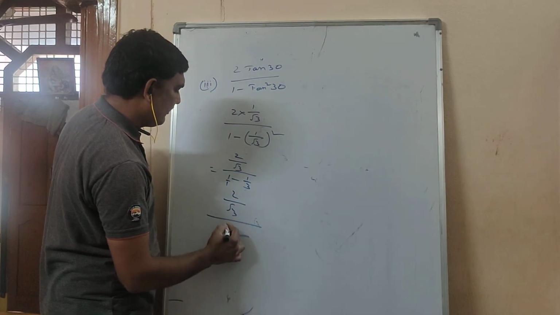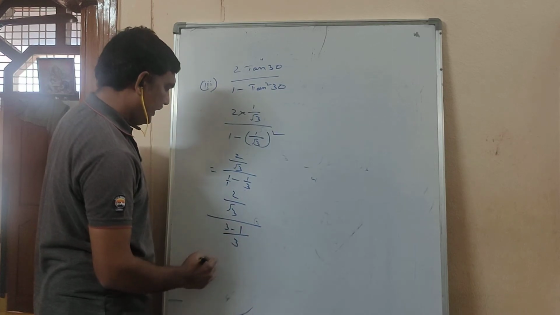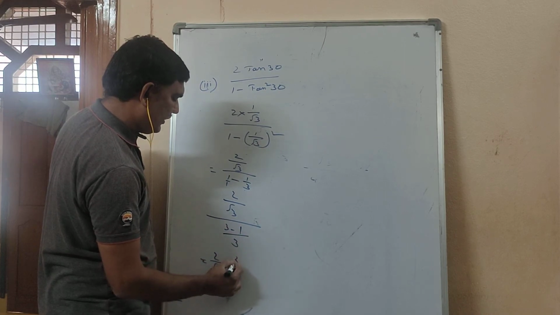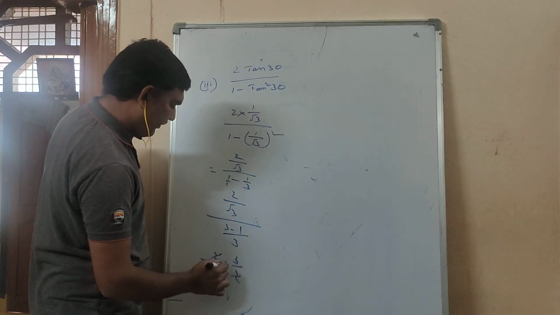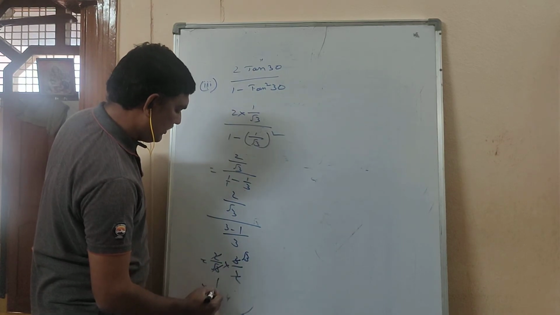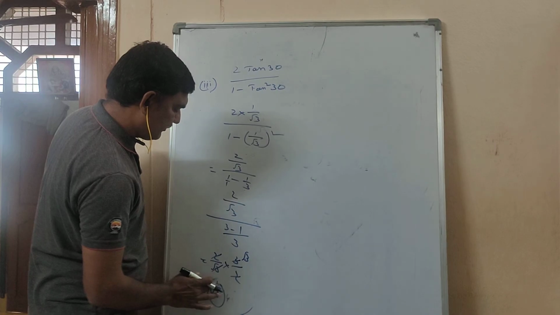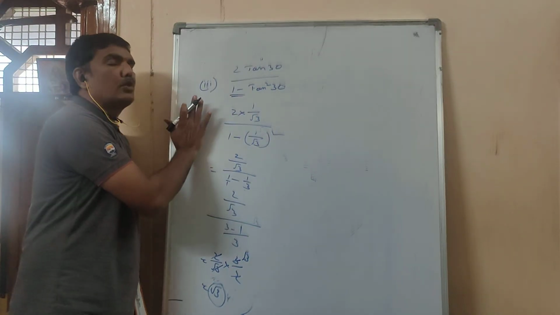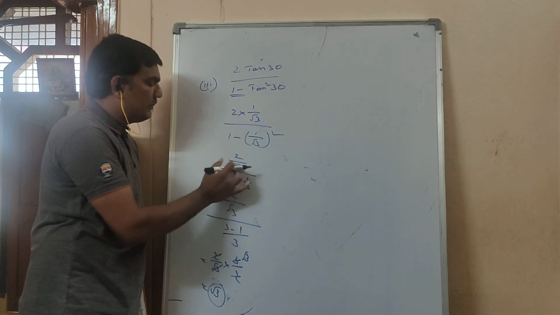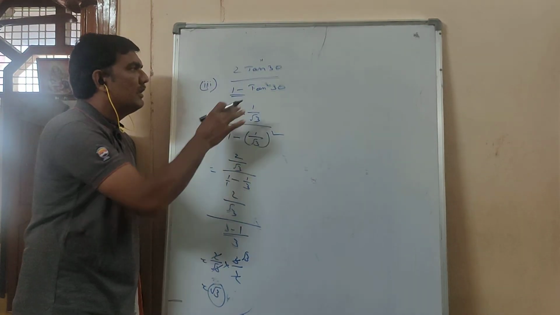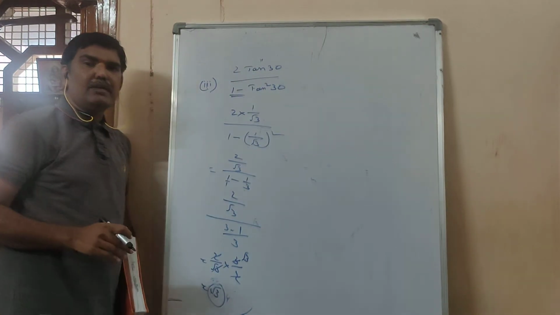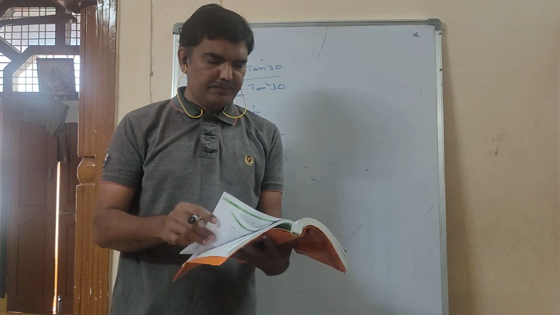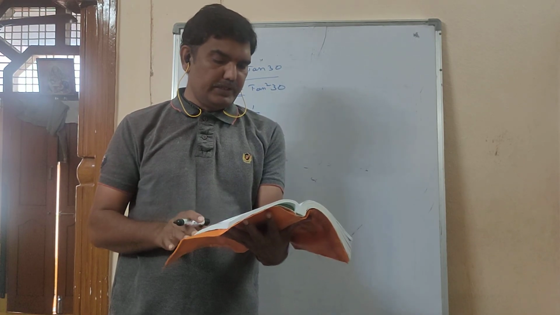If you take LCM here, 3 minus 1 by 3, and it becomes 2 by root 3 into, this is 2 by 3, if it is going here 3 by 2, 2 to cancel, and root 3's are, the answer becomes root 3 here. So this entire answer is root 3 here. To solve these problems, first we should know LCMs, simplifications, cancellations and everything, and also we should know the values of trigonometric functions. So remaining solve it same like that only, and tomorrow we will discuss 11.3.